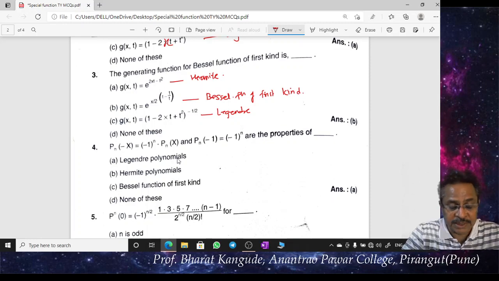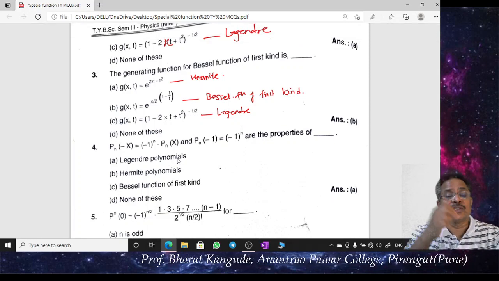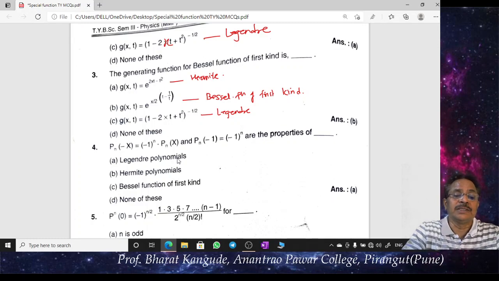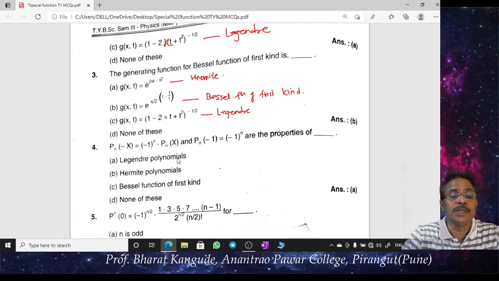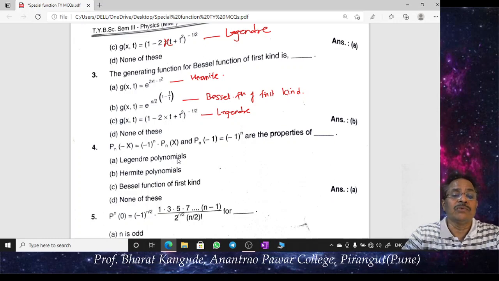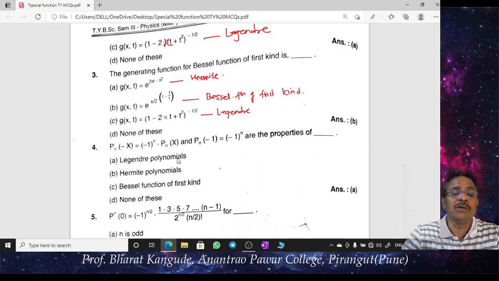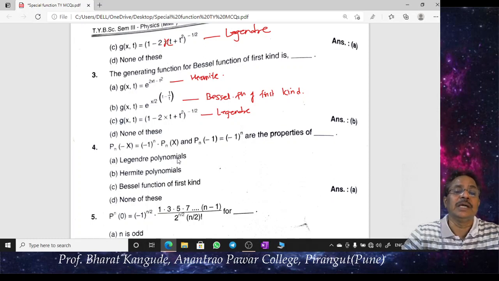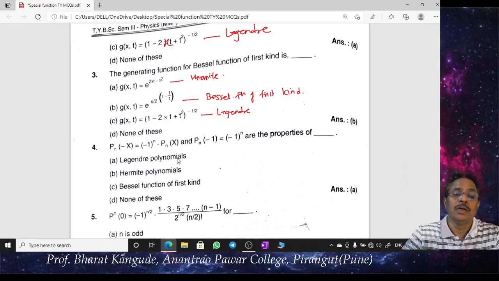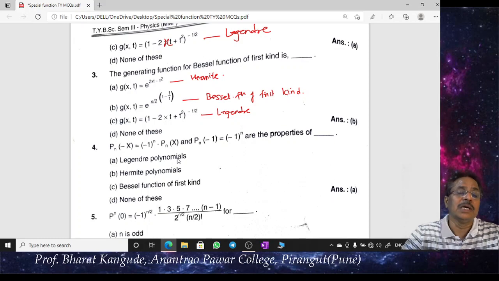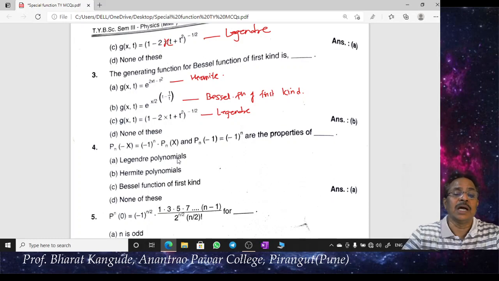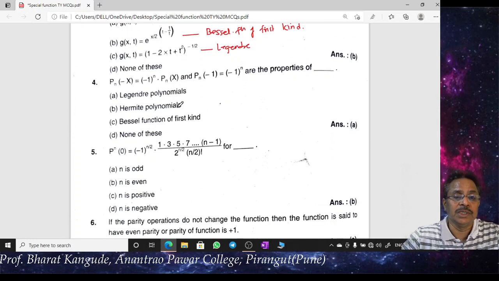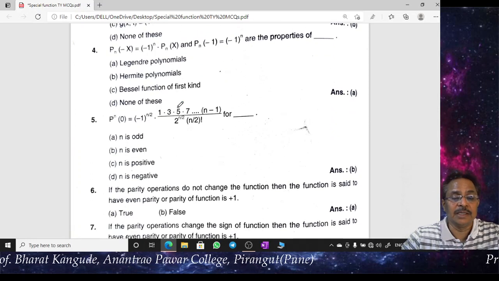So in all of these cases, this generating function is to be expanded around t is equal to 0. So we get an infinite series, a power series in terms of t raised to n, and whatever coefficient for every t raised to n, these are respectively called Harmonic polynomials, Bessel polynomial of first kind, as well as Legendre polynomial of different degrees or orders, and that is how these generating functions are to be expanded. So this is what comparative questions 1, 2, 3 give us, an idea regarding the different types of